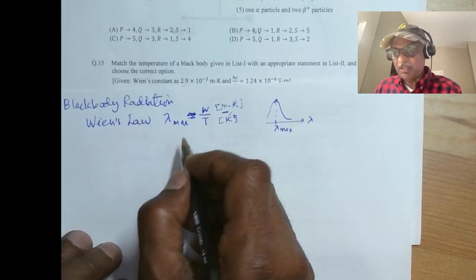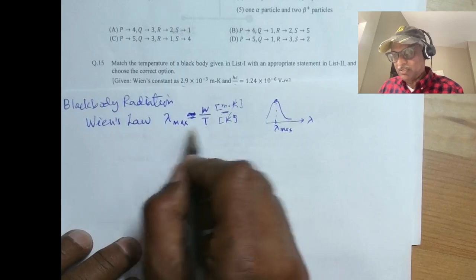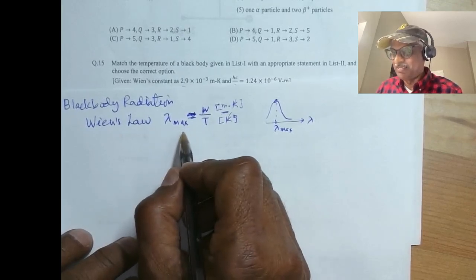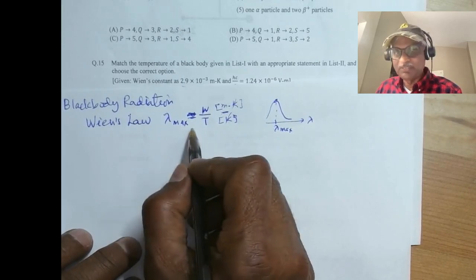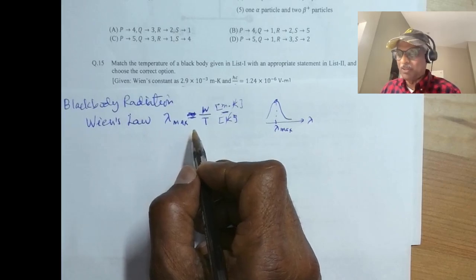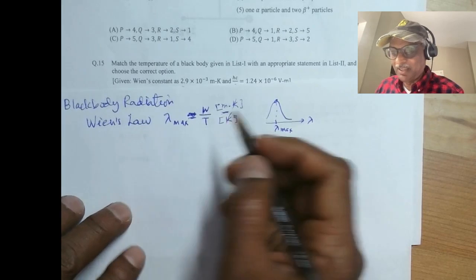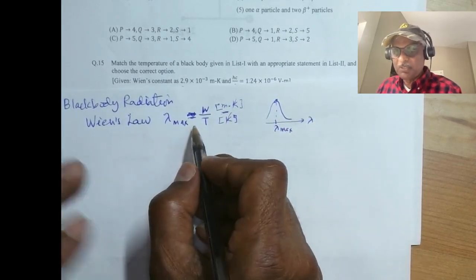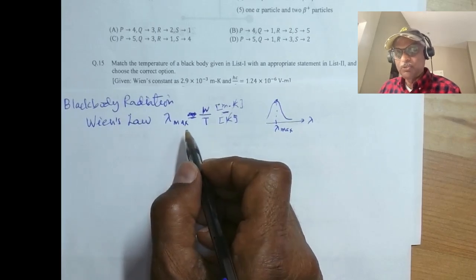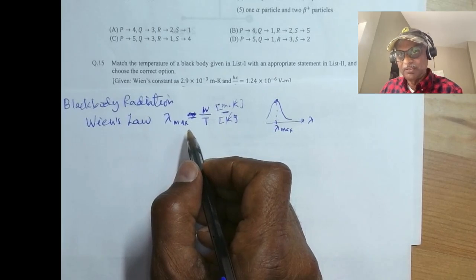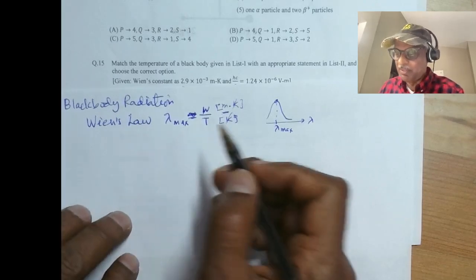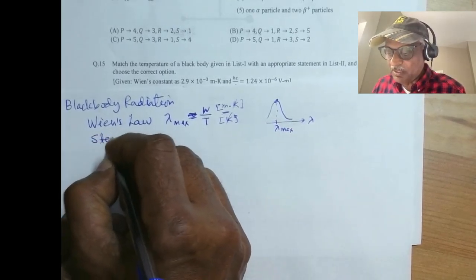The other thing I find in working on many problems is that this is not as time saving. Of course, if you just calculate lambda max, it is trivial, right? But usually it is combined with some other things, and those other things can take you longer to do the problem. Then the other one is